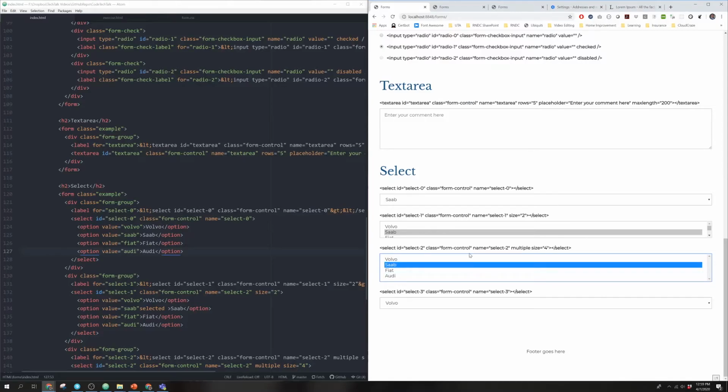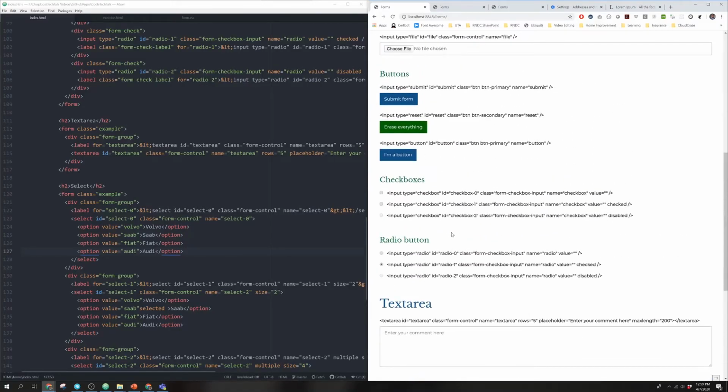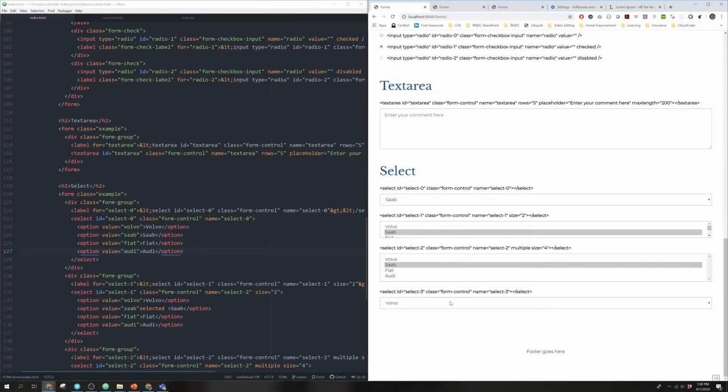However, because of mobile now, navigation and mobile responsive design, we steer away from this. We focus more, if we have multiple options, on using maybe checkboxes to be able to select the options that we have available. The third one that I have here, the final one, is using select,